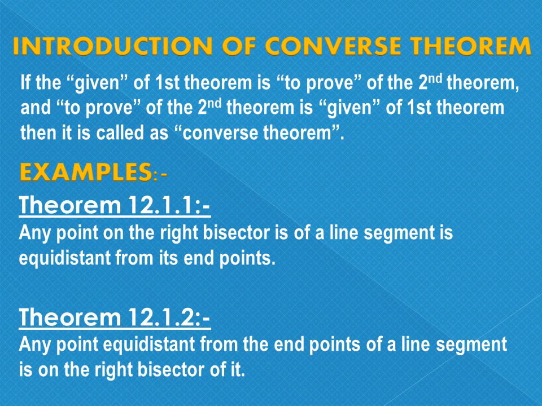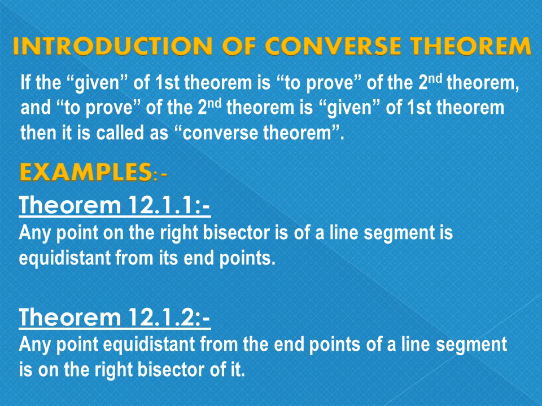Okay, you got it, students? What is meant by this? You have seen before, when you solve a theorem, you see what is given and what is to prove. So here it is told that if there are two theorems, the given of one theorem is the to-prove of the other theorem, and whatever the to-prove of the second theorem is, that is the given of the first theorem. There will be a change of some words in the statement. Examples are given below.